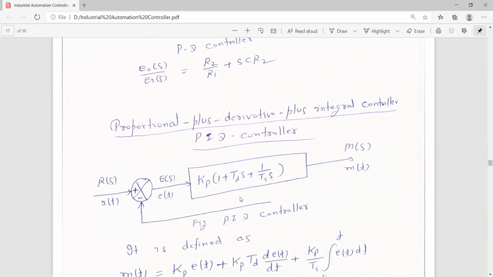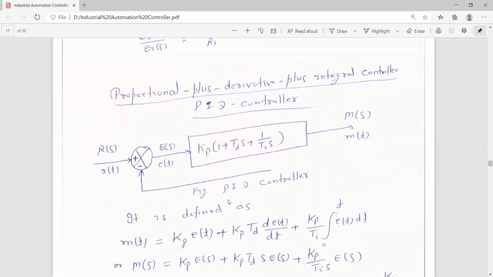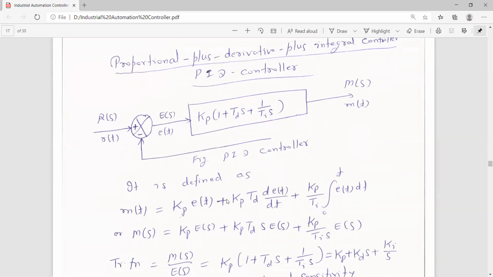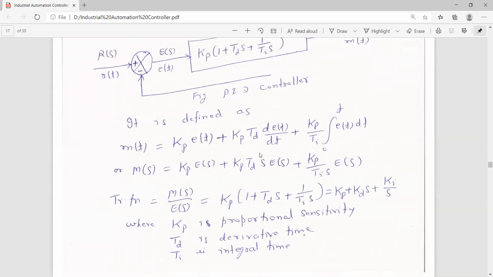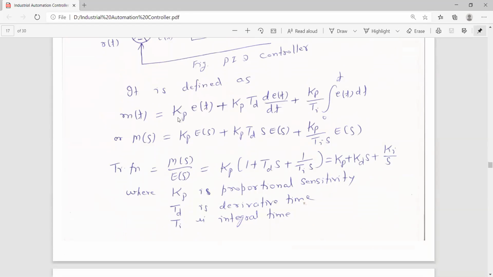Now come to the proportional plus derivative plus integral, a combination of all three. Here it is defined like m(t) is equal to, as available in all the books, a standard relationship: Kp e(t) plus Kp Td de(t)/dt plus the integral term. This is the proportional part, this is the derivative part, and this is the integral part. If you take the Laplace transform and take the ratio, the transfer function of the PID controller comes as